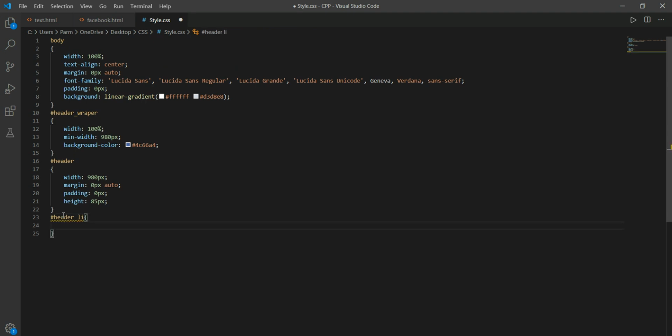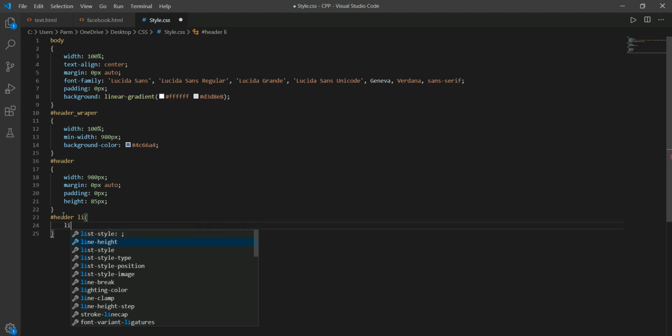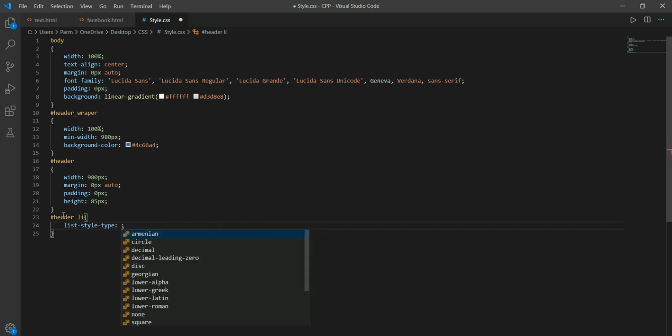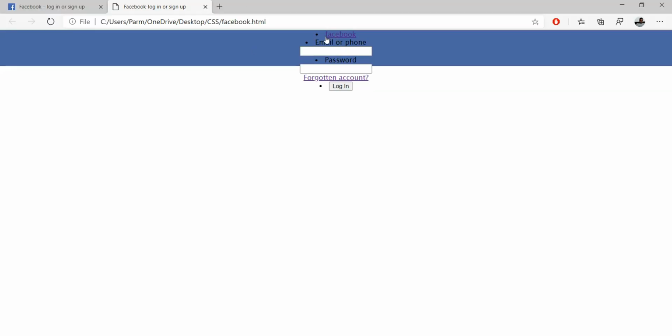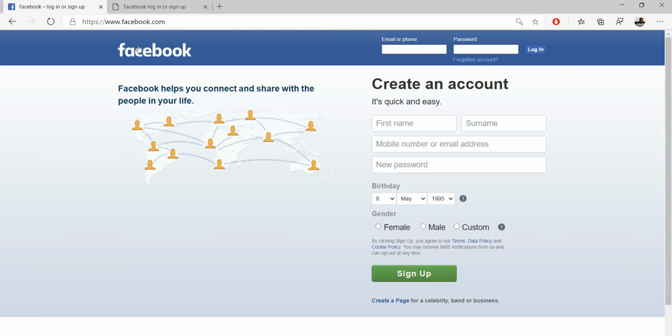Now here we want list style type none. Why have we used this? If you see this page, we have created this list, but before this list there is a dot sign coming, bullets or dot signs. We don't want these signs over here.